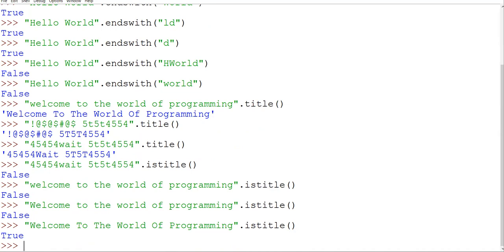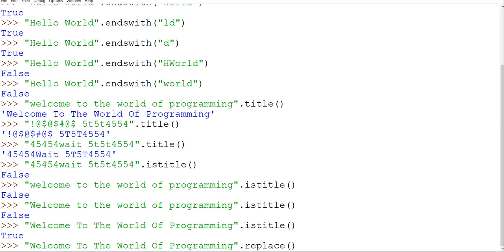Then we have another very good function, that is the replace function. From the string I want to replace something. Suppose this is my string and I want to replace something. When we talk about replace, we always need to give two arguments. First is what is to be found and second is what is to be replaced. So, find and replace basically. The first argument is what I want to find and the second is what I want to replace it with. Both things I need to give here.